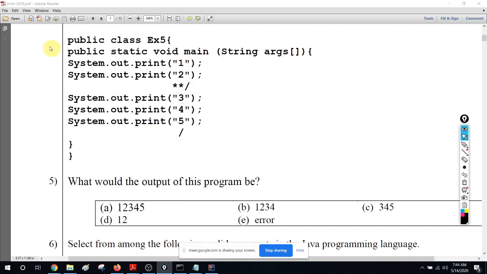Okay, but make sure that the first thing we have to do is check whether there are any compile errors, right? Otherwise you are going to lose that, right? So first check whether there are compile errors, then if there are no compile errors, check if there are any runtime errors, and if not, what is the output, right? So let's take one by one. So no issue here, no issue here, right?